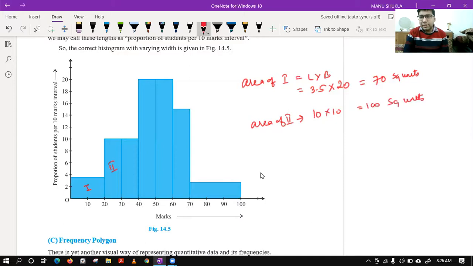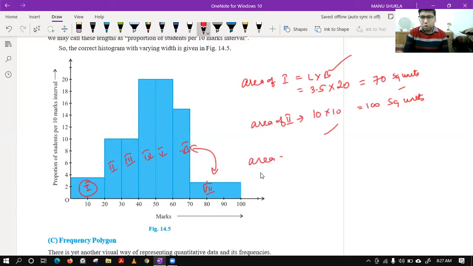Now you can see that the condition is met. In the last case, the condition was not met because area was not proportional to frequency, but now it is proportional. It has less frequency, therefore it has less area also. So now that condition is met. Also, if you want, you can check the third, fourth, fifth, sixth, and seventh. In the previous case, these two also had some problem. Let us check this also.